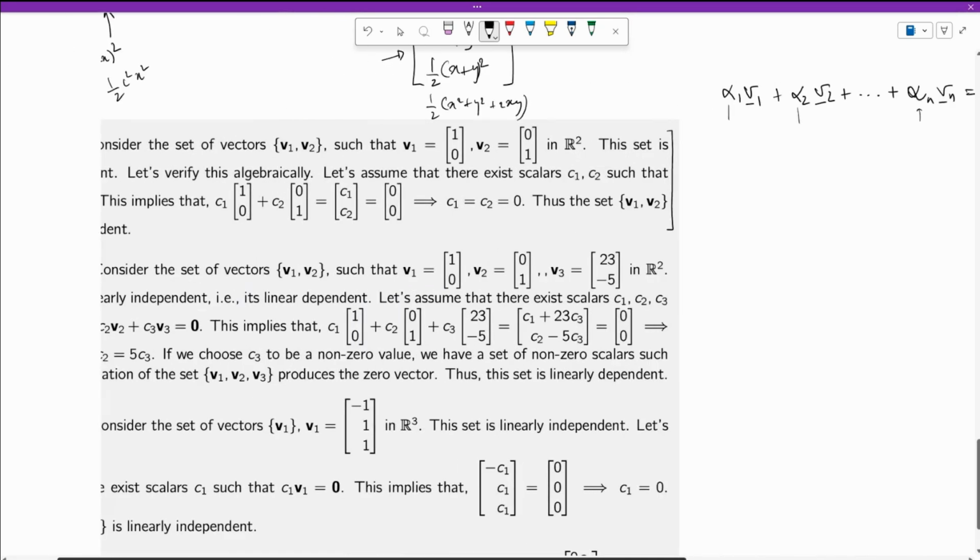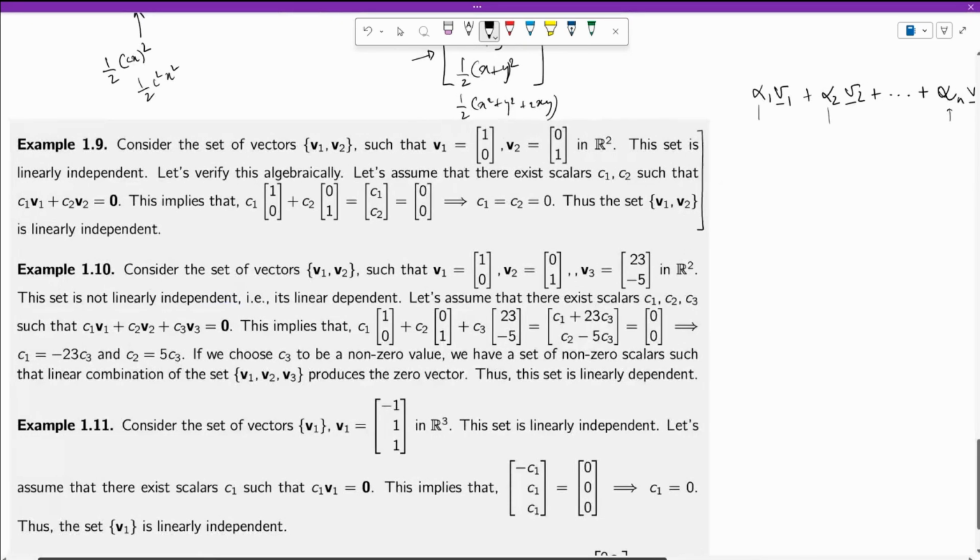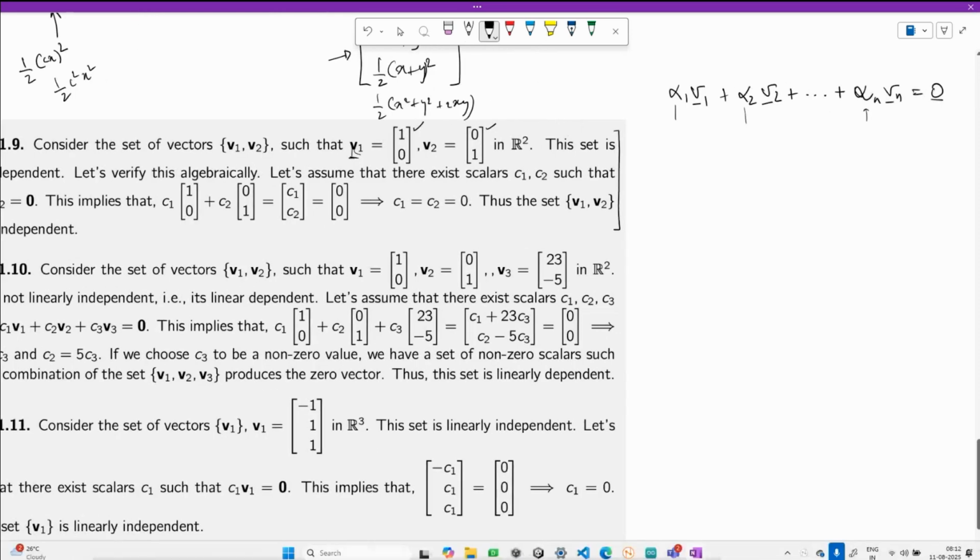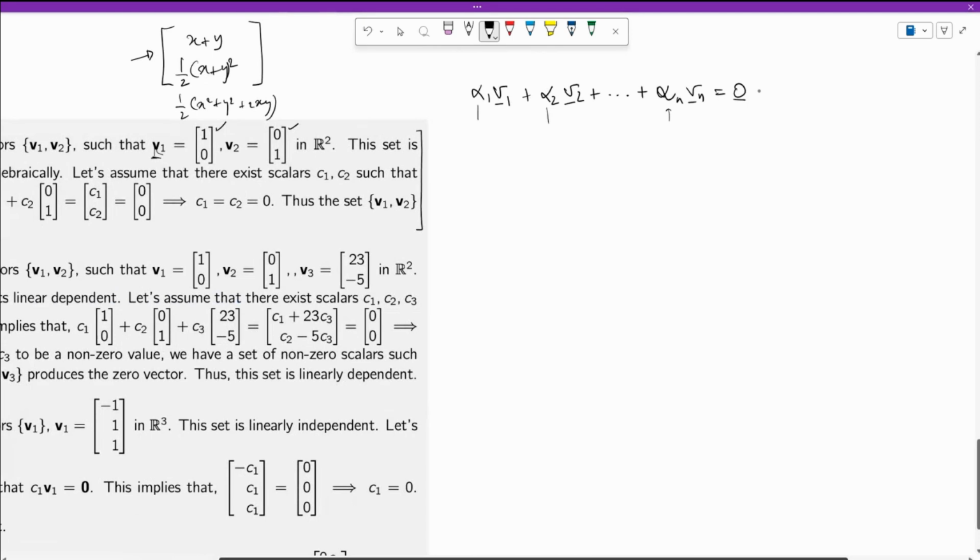So using that definition, the question is now if you had a set of vectors like this, where v1 is this vector and v2 is this vector, is this set linearly independent or dependent? Okay. If you have to verify, you simply have to blindly apply the definition. The definition is this. To test whether the set of these two vectors forms a linearly independent set,